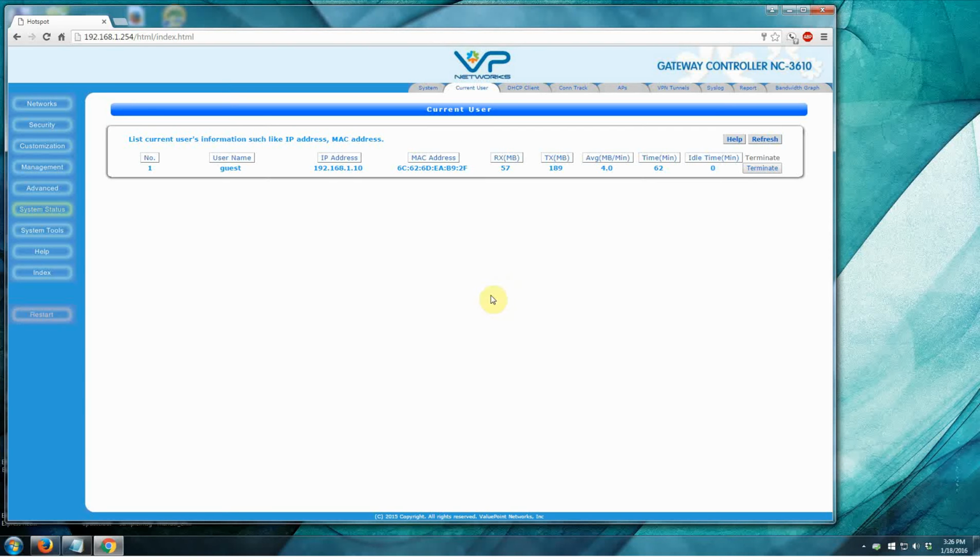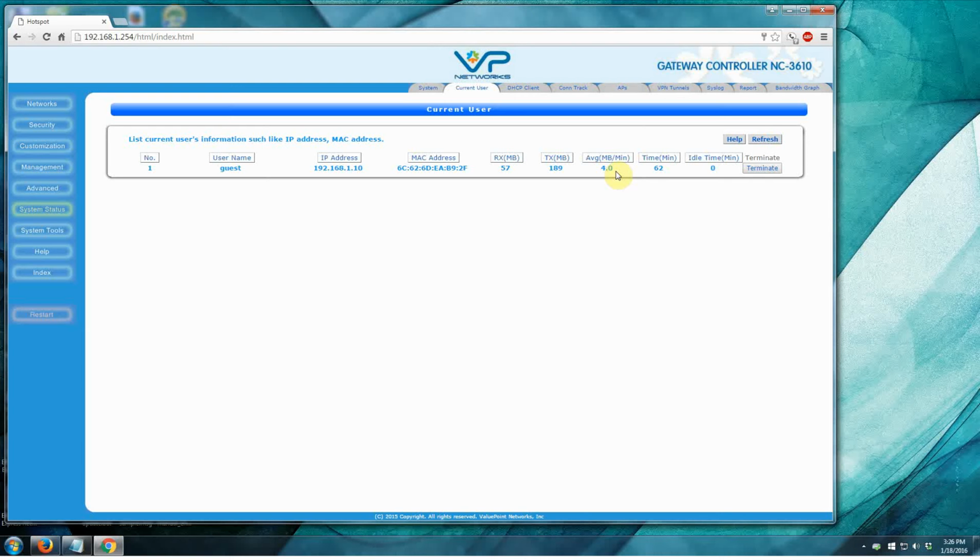Useful things you can see in the user table. There's not too many people on this test unit. As you can see, the idle time will tell you users who haven't done anything recently and how long it's been since they did something. Also it gives you their total usage as well as kind of an average. This can be a good place to look if you're getting reports that the system is slow or having other kinds of issues. You can see if you've got a few users who are using up a ton of bandwidth,